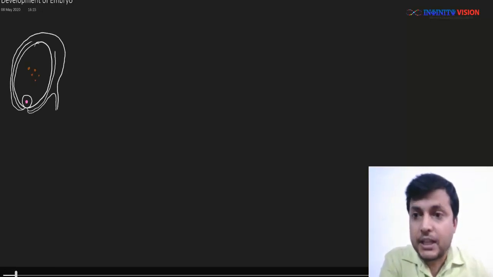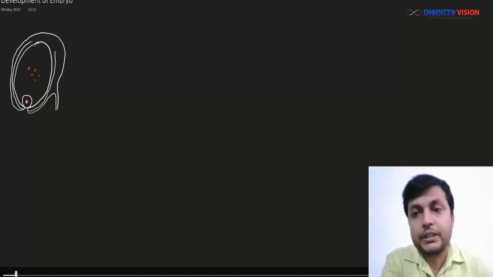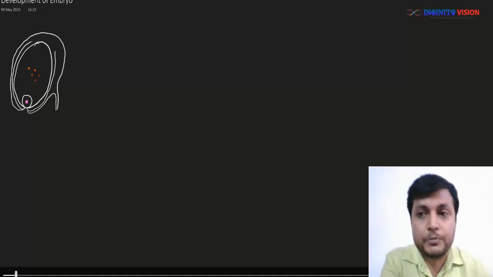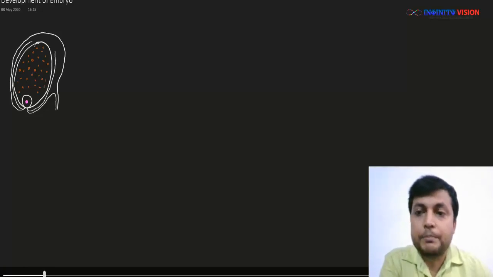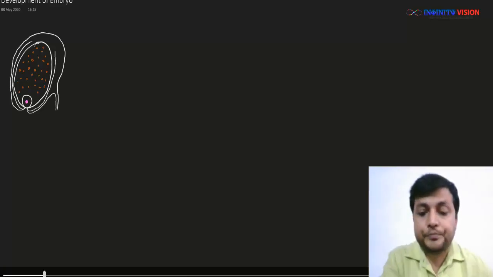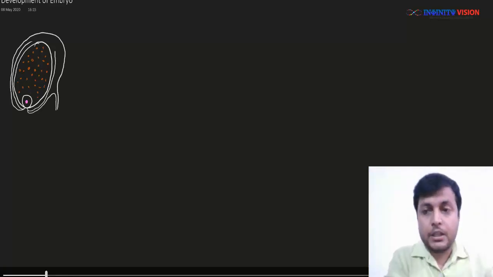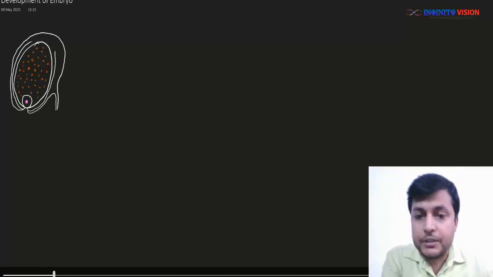As in the previous class, when we were studying the development of endosperm, we saw the most common type of endosperm is nuclear endosperm. So here I'm taking the most common case and we'll start from here. This is a typical ovule after fertilization with developed nuclear endosperm. Now what we see here is